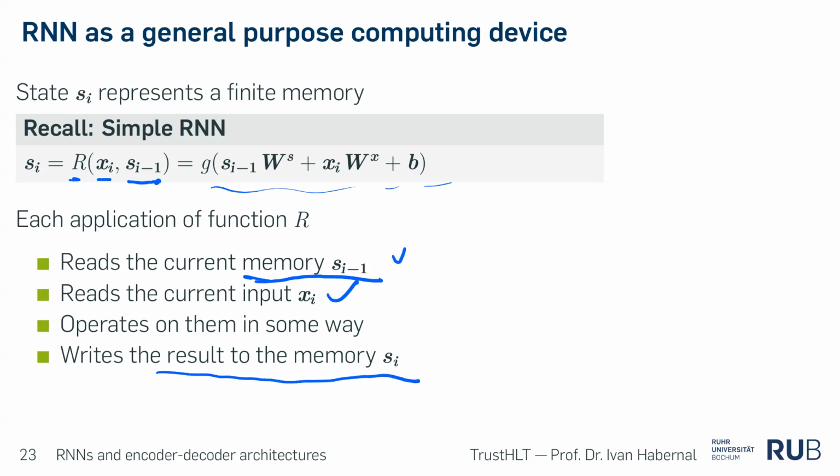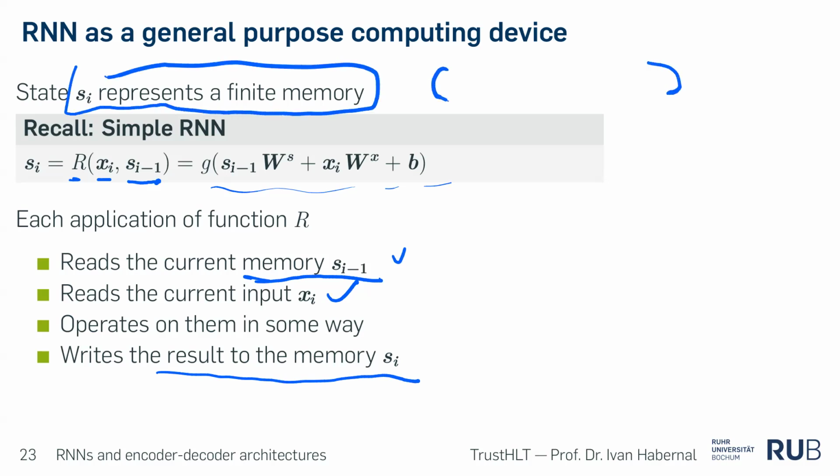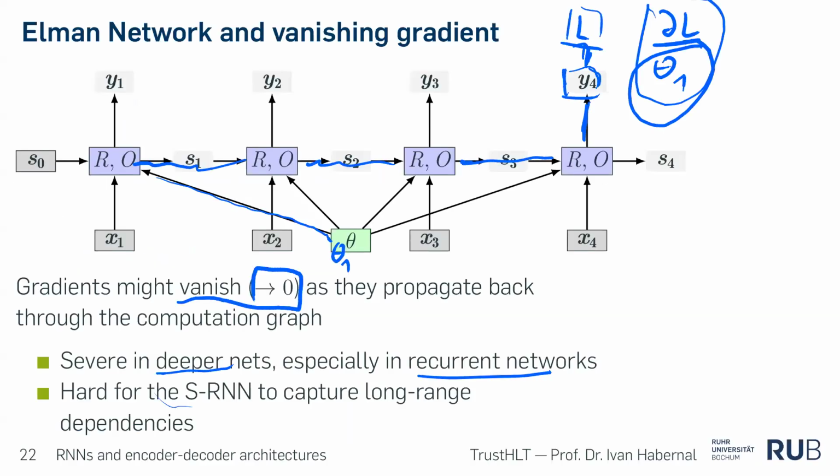Oh, this is interesting. Yes? Well, the current memory, I mean, we just refurbish the name state and call it memory now. It's a vector. Like S_i represents a vector of dimensionality D, the state. A bunch of numbers. Now this is my horrible writing. This is a vector. Look here, this is a state, but now we call it a memory.